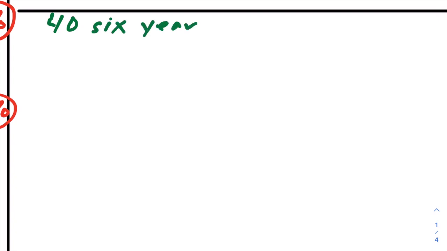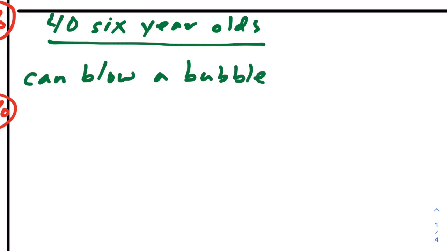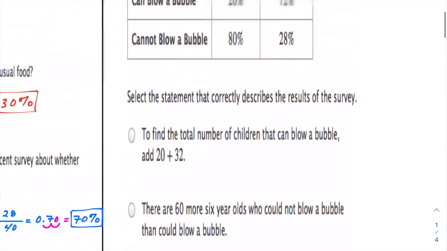So there are 40 6-year-olds. So let's find out how many actual kids can blow a bubble. Out of those 40,